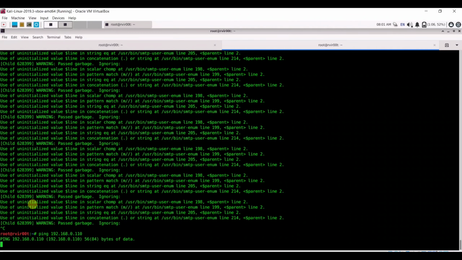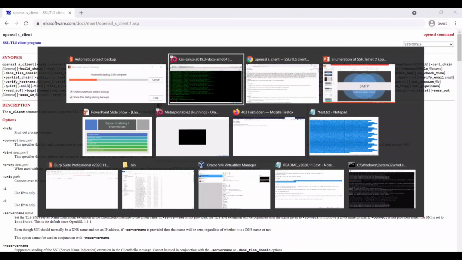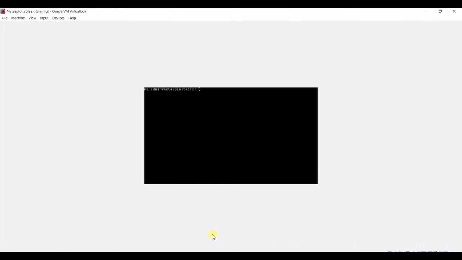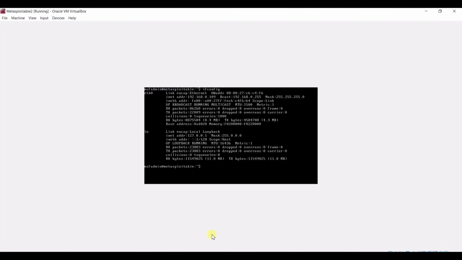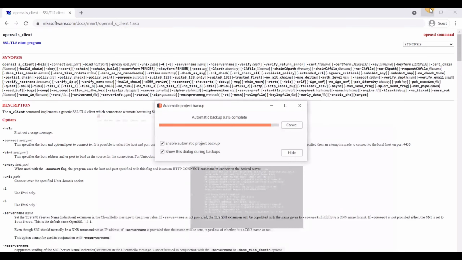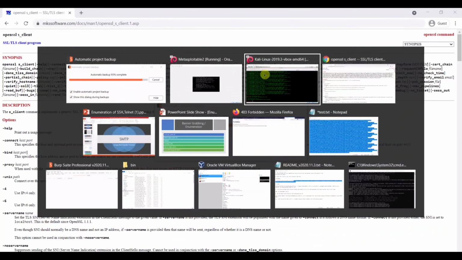Let me go to the server first, and here is the server. Let me check the IP. So yes, the IP is 192.168.0.109. It happens sometimes if any refresh happens in the network.